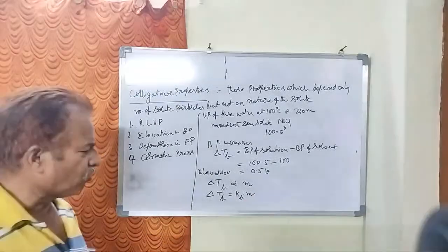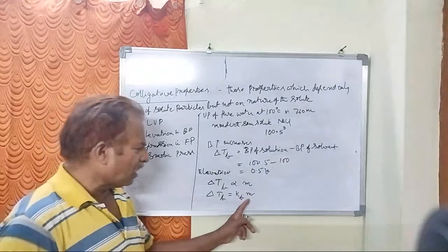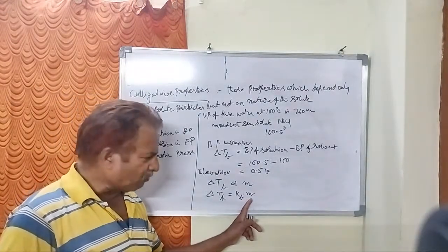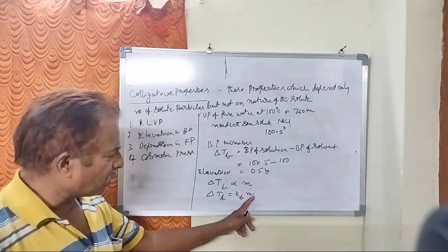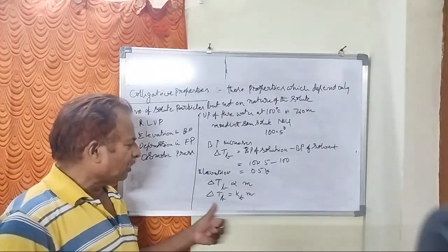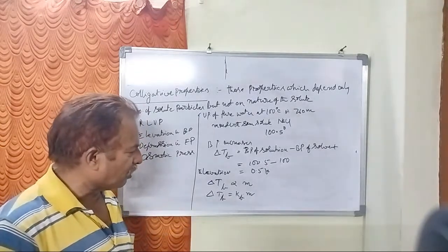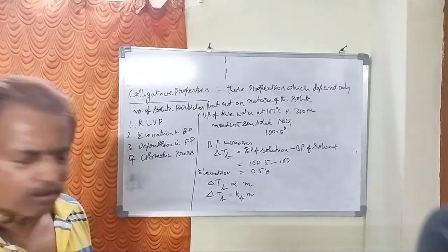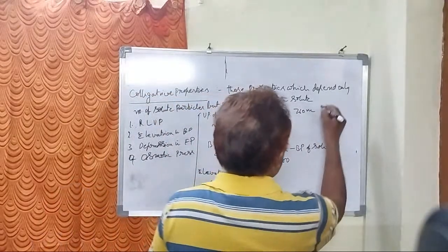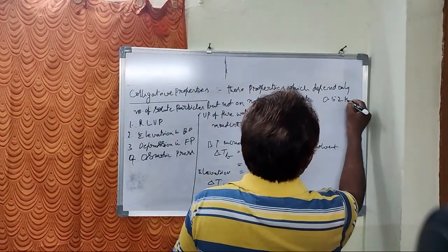Molal elevation constant. Suppose the molality is 1. Molality 1 means 1 mole of solute is present in 1 kilogram of solvent. If molality is 1, then the elevation in boiling point is nothing but the molal elevation constant. Molal elevation constant for water is 0.52 Kelvin